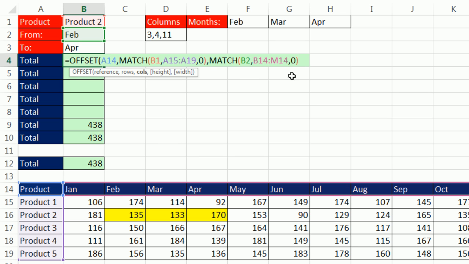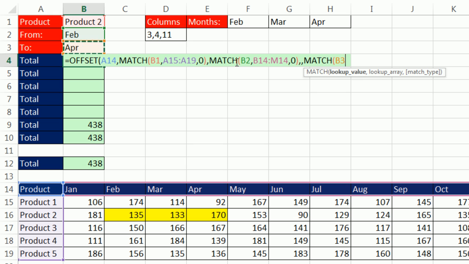Now OFFSET knows where to start, comma, how high, or what's the height of this range. Hey, the reference is a 1 by 1, meaning a single cell. So if we leave this argument empty, it assumes the height of the original reference, which is 1. So that's good for us. Comma, the width, we need 1, 2, 3. So watch this. We're actually going to have to use 2 MATCH functions. We're first going to look up April and subtract February to get 3. But watch how we look up April. Lookup value, I'm looking up April, comma, the lookup array, if I highlight this, it would be 1, 2, 3,